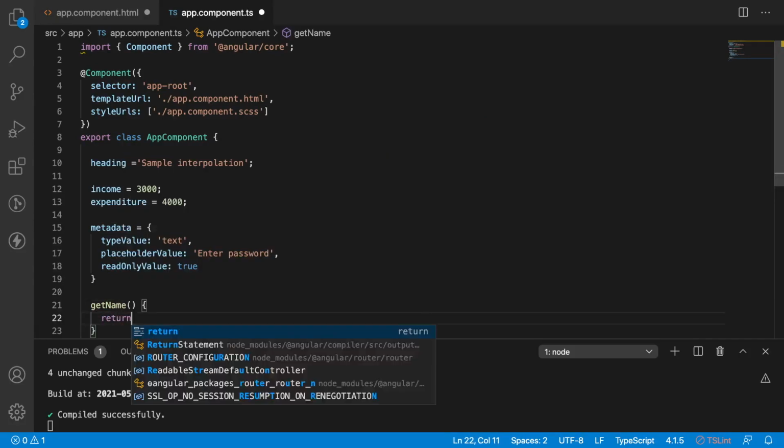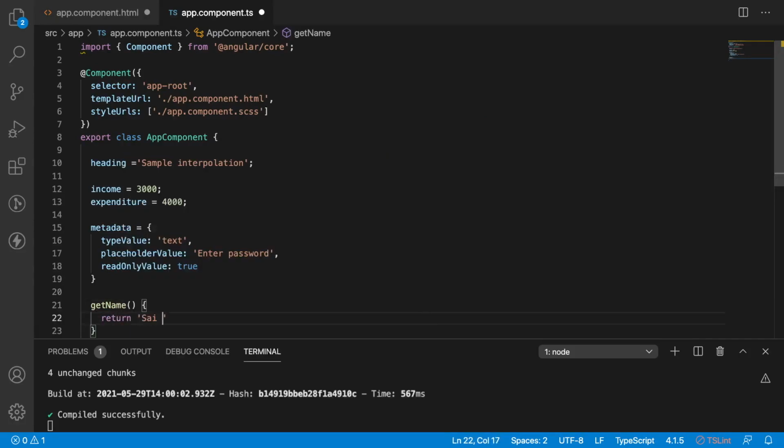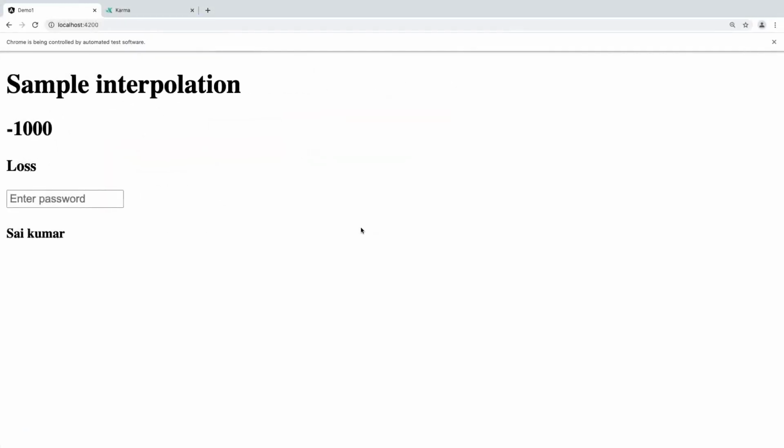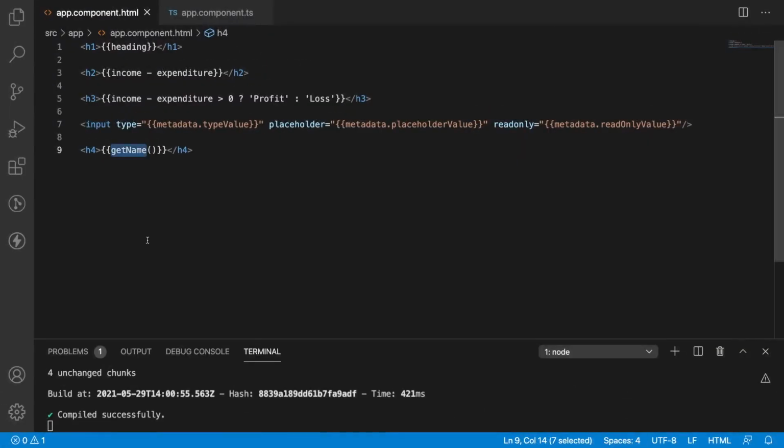Let me return some value like Sai Kumar. So now save this. Let me go back. You can see Sai Kumar. That means even interpolation will help you to get some value from your methods which are defined and declared in your TypeScript class.